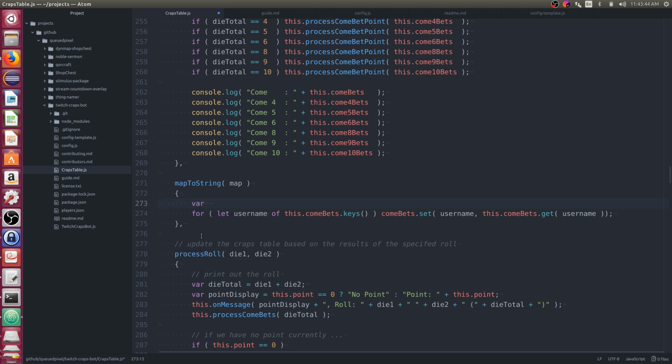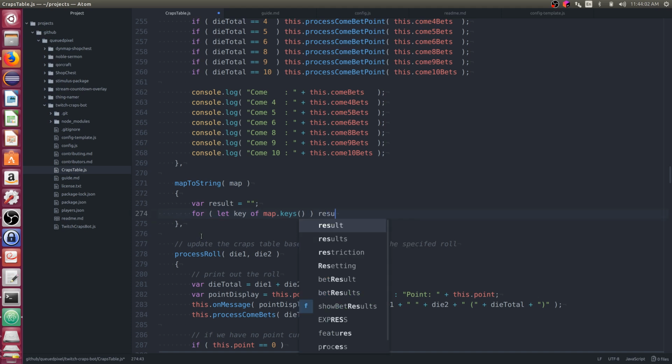Say var result is equal to the empty string. Let key of map.keys, and we'll say results plus equals, well,